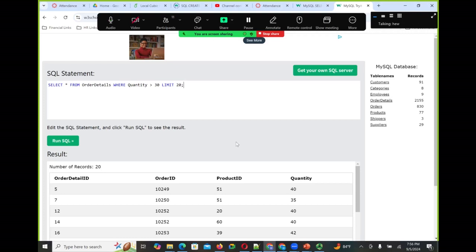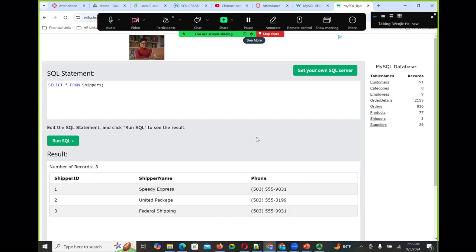I work on this. There is a shippers table. This is a small table. Then I entered following the insert syntax: insert into shippers. Then I entered some data, garbage data. After I clicked the button Run SQL, I got an error message. The message I got,